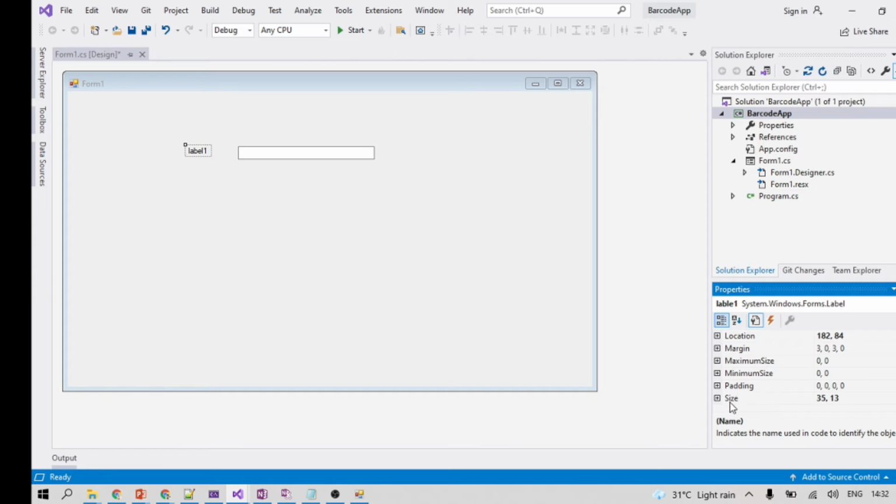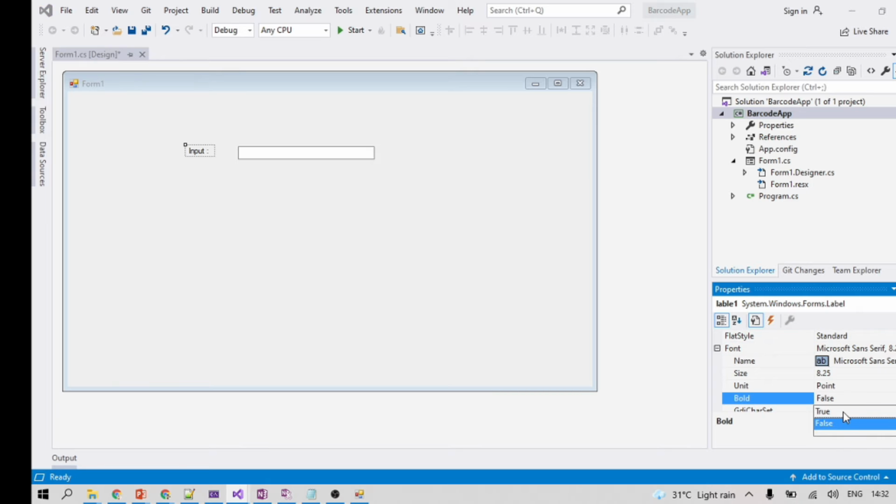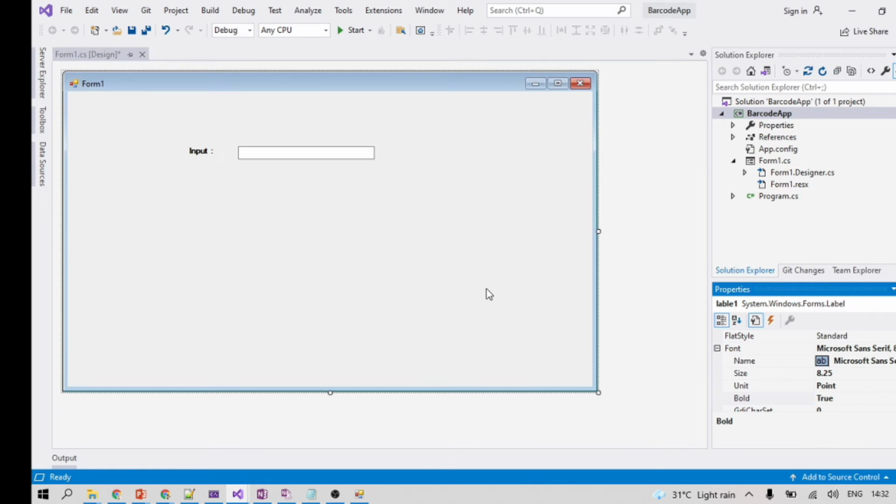Where the text property is, this is the text. Input here. Set the color and font bold, so that it can be visible.